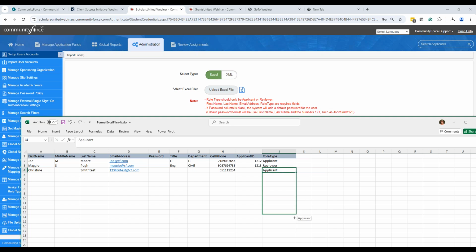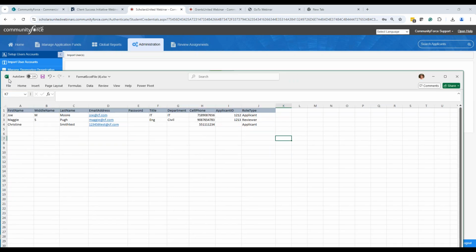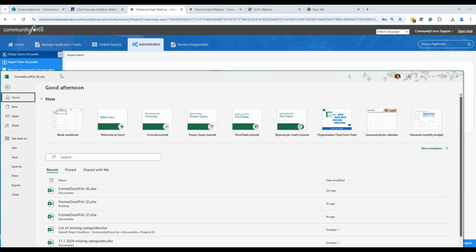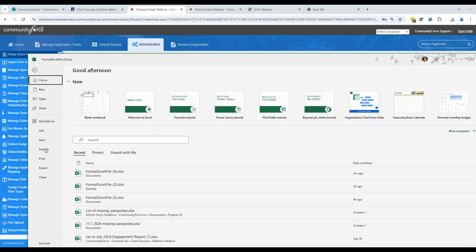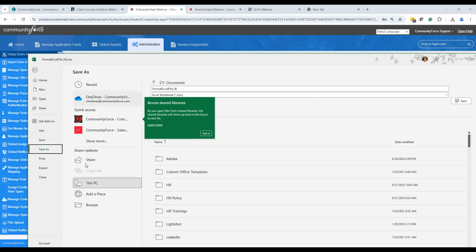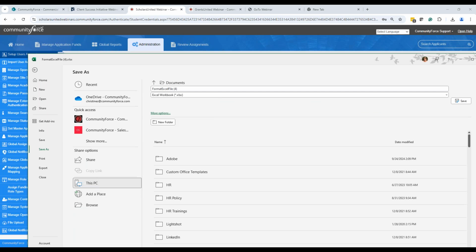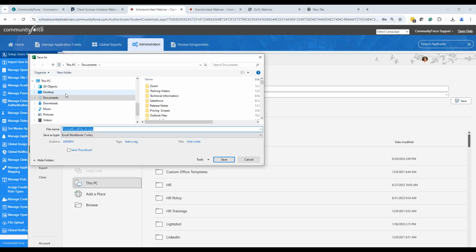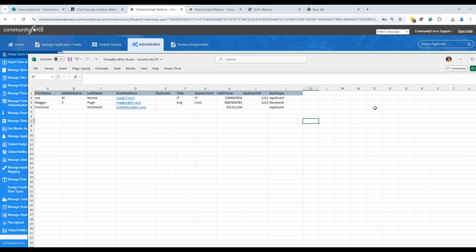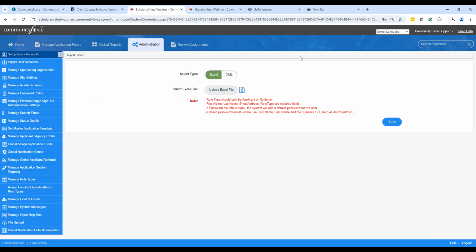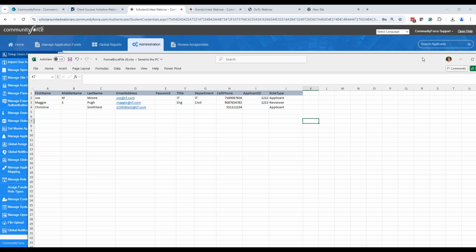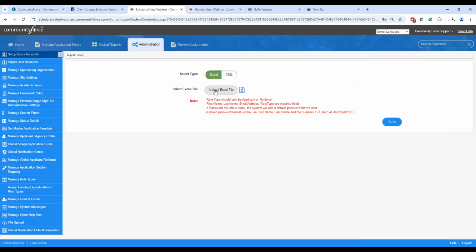And then of course, if I have a lot of applicants, you can just pull it down and populate it that way. So then once you populate the sheet, make sure to save it to your desktop or wherever you want to save it. I'm just going to save it here to my desktop so I can access it easily. Okay, and then I can go ahead and close it. And then once it's saved,